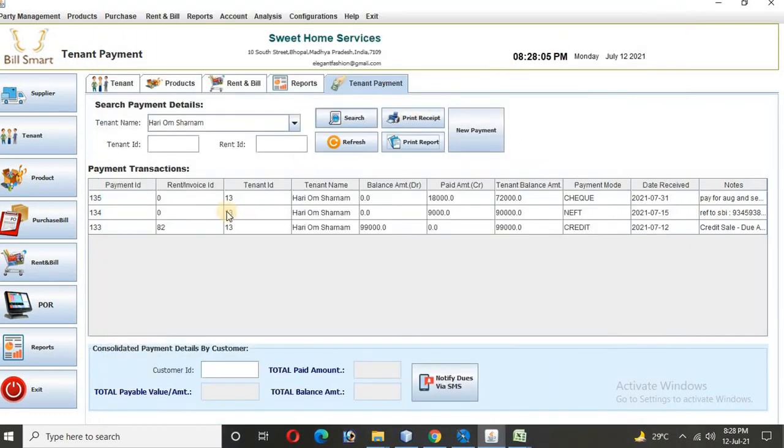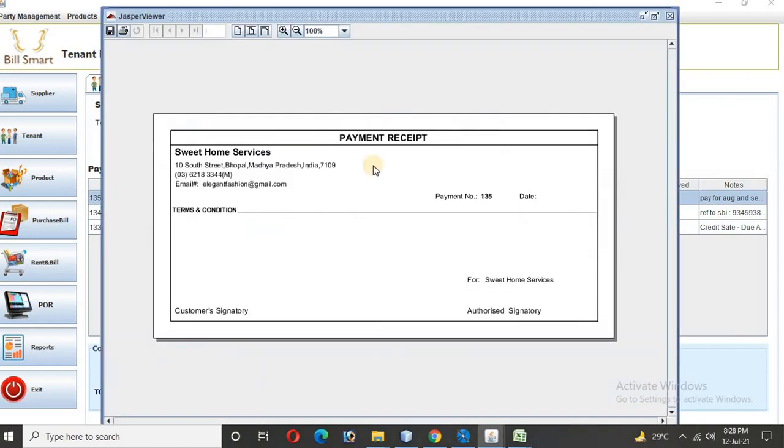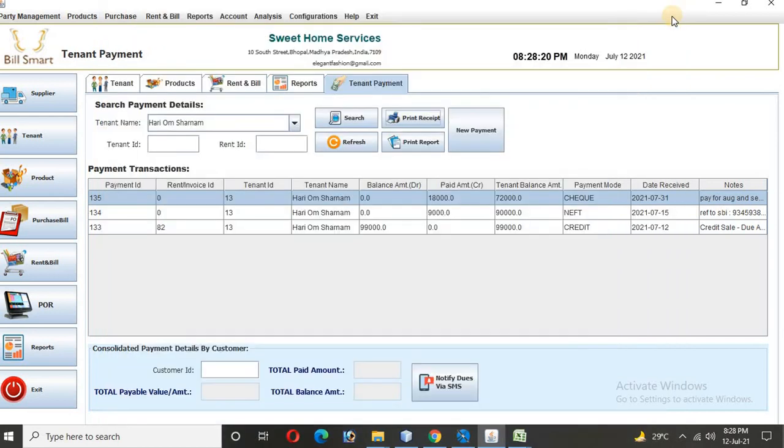Now going back, you wanted to give a receipt to Hariom Sharanam, a receipt of 18,000. Okay, so click on that and print receipt. So this one has a change to be required. So then the print receipt will also come. I'll configure this page here. So the receipt can also be given.